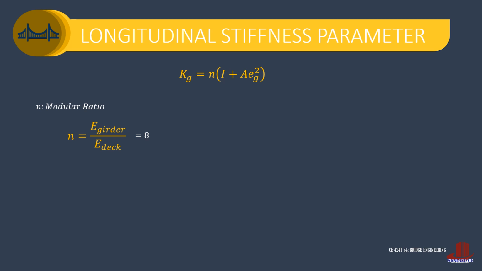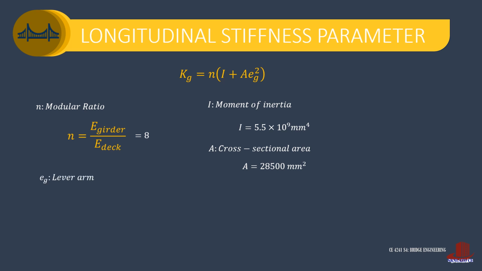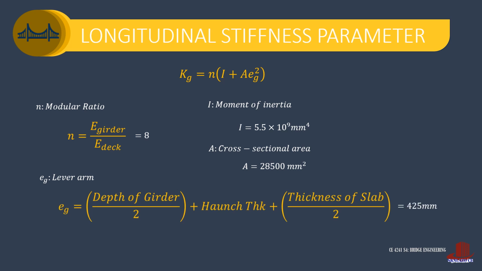Next is the I, or the moment of inertia, which was given as 5.5 times 10 raised to 9. Then A, or the cross-sectional area, also provided as 28,500 square millimeters. The last parameter is e_g, which is the lever arm, and it is solved using the equation, although the premise is stated that the distance between the center of the girder and that of the deck is 425